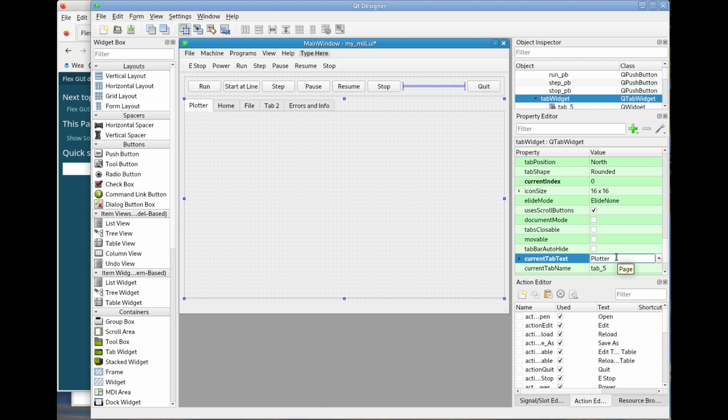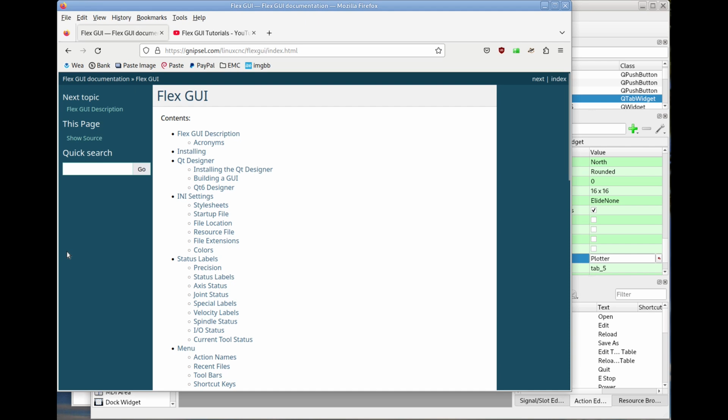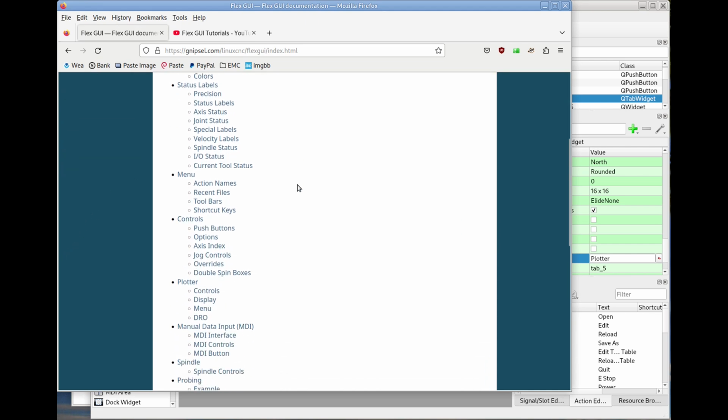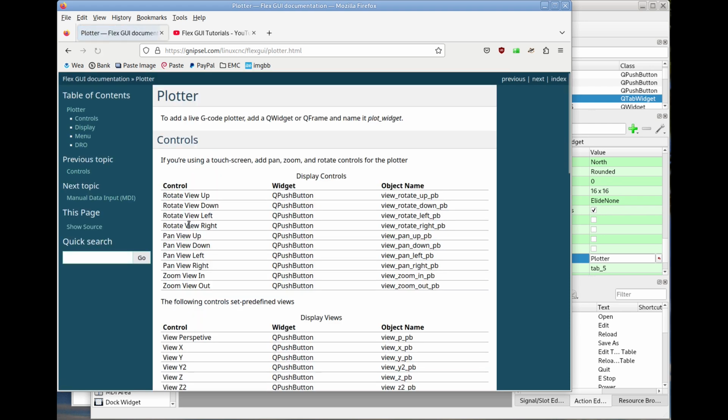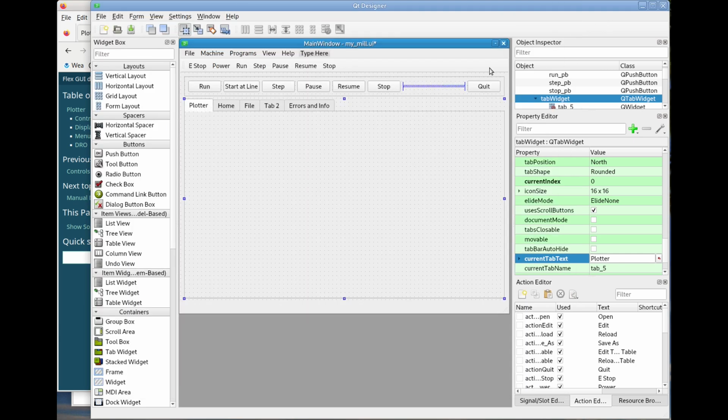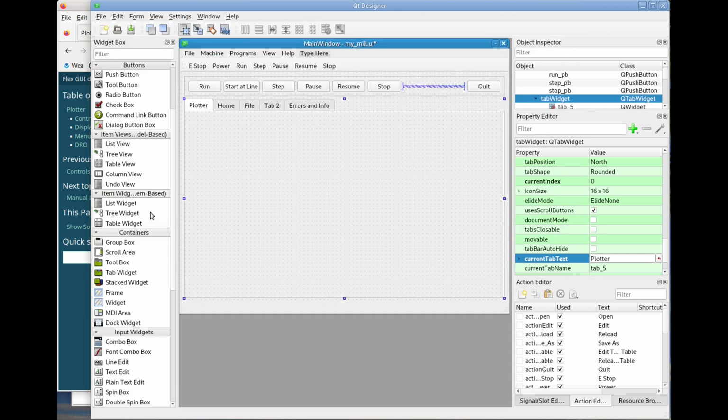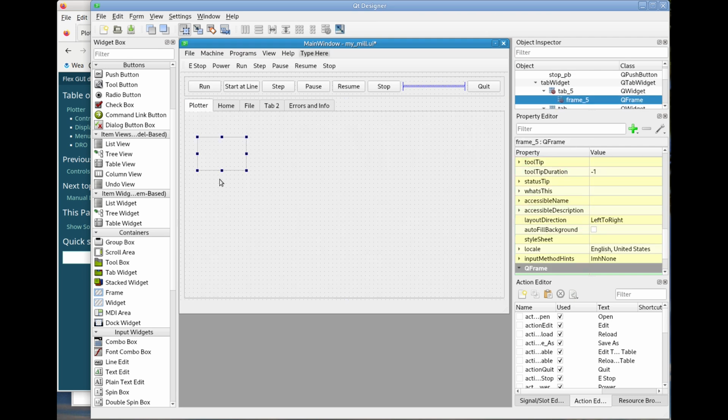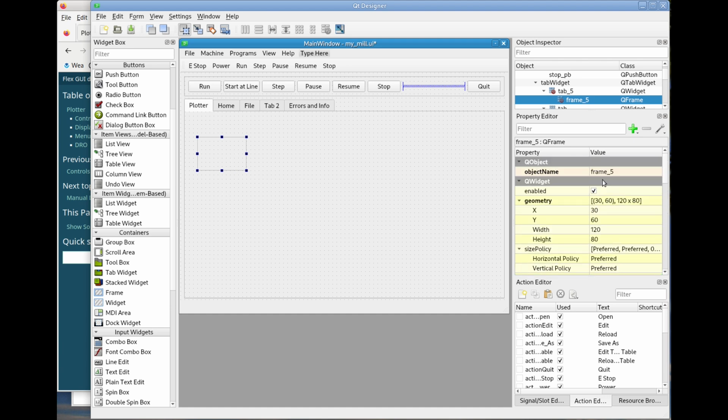Now to add a plotter, we'll go to the documents, scroll down to plotter, and to get a plotter all you've got to do is add a Q widget or a Q frame and name it plot widget. So we'll do that now. I like to use a frame. Change the object name. Now we're going to add